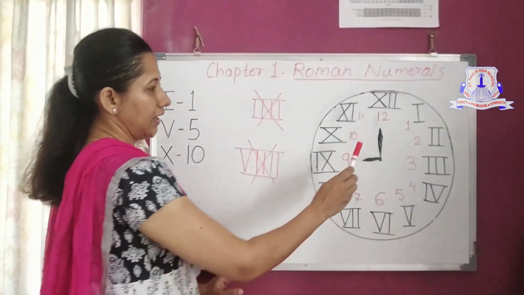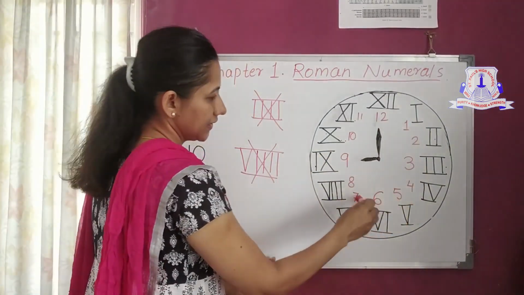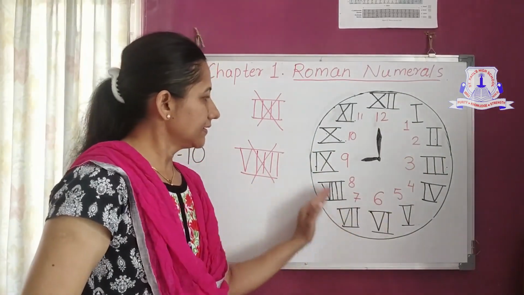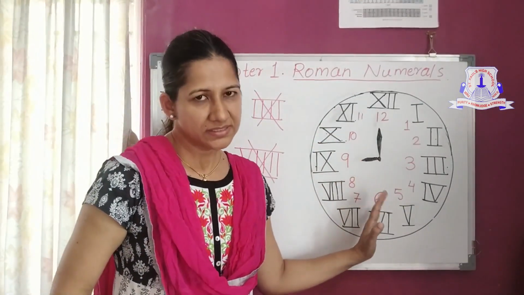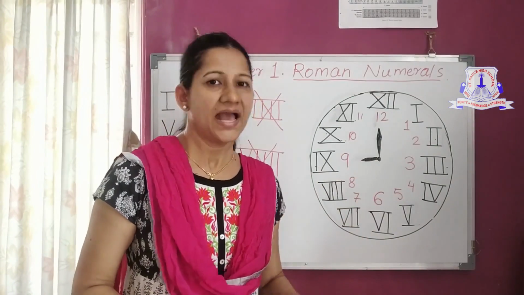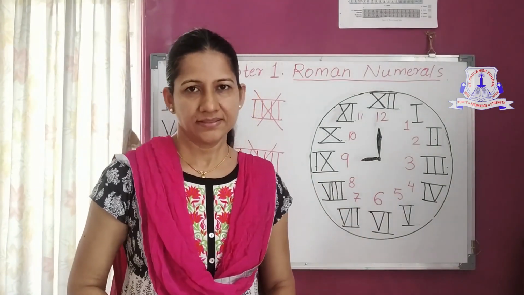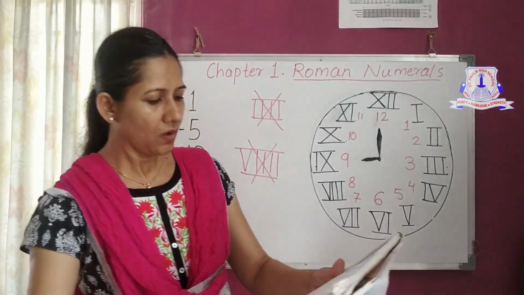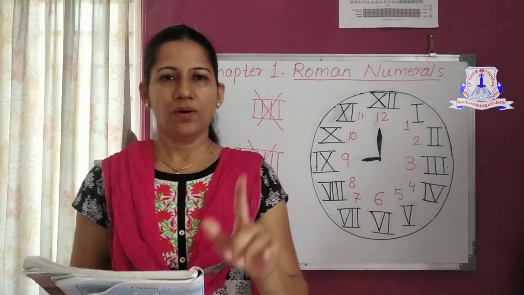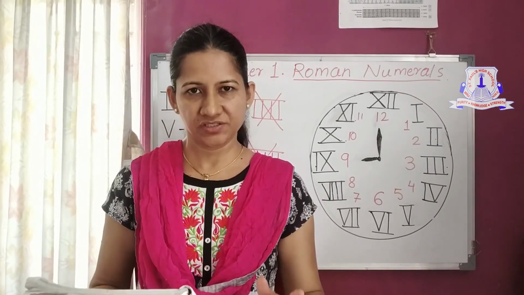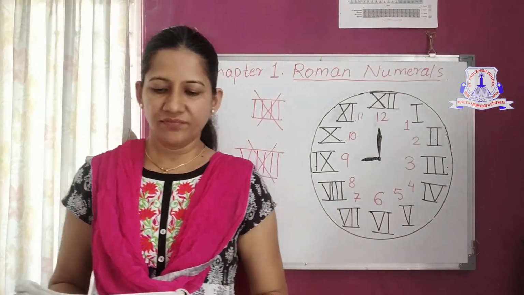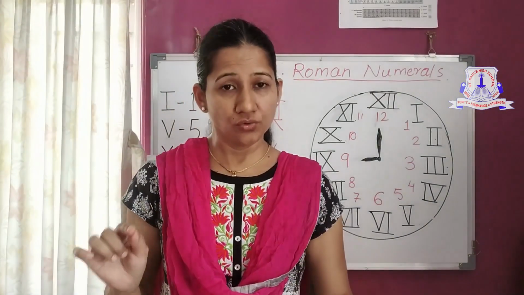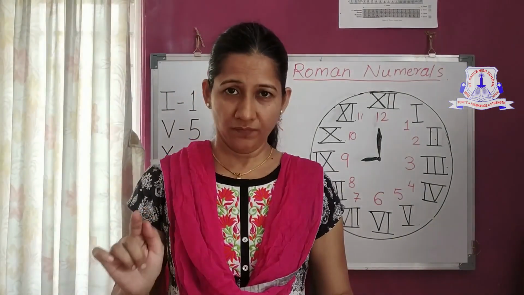So you have got an idea how the international numbers represent the Roman numerals. As per the rules, we will see how actually they are written. Now, in your textbook, on page number 1, that's where chapter 1 begins. They have written the rules, so just pay attention to what they have explained over here.